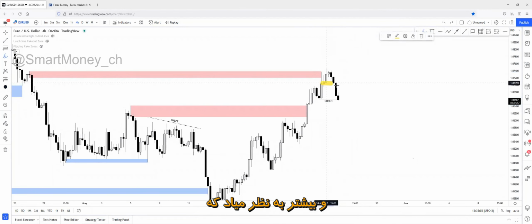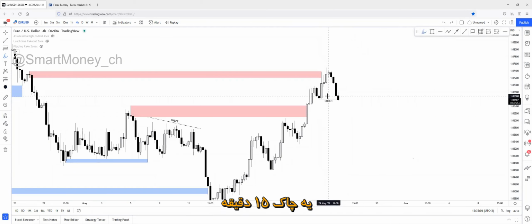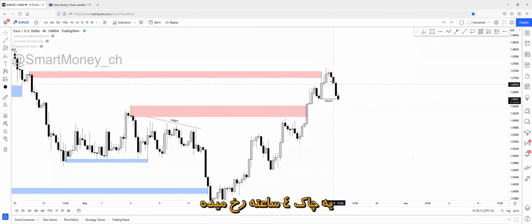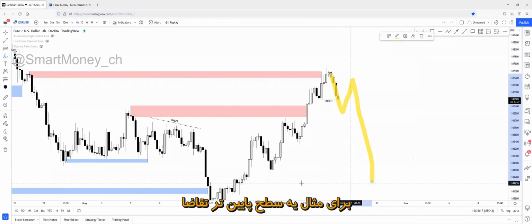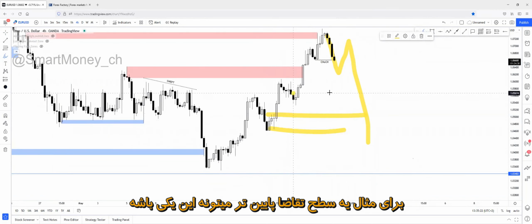And more likely, there was a change of character somewhere around here on the 15-minute chart. So according to our plan, a 15-minute change of character after tapping into a 4-hour zone is perfectly enough. But if this 4-hour zone breaks and the 4-hour change of character happens, then that will be a strong sign that we'll be able to sell down to some deeper demand areas. For example, deeper demand area could be this one, or this one.